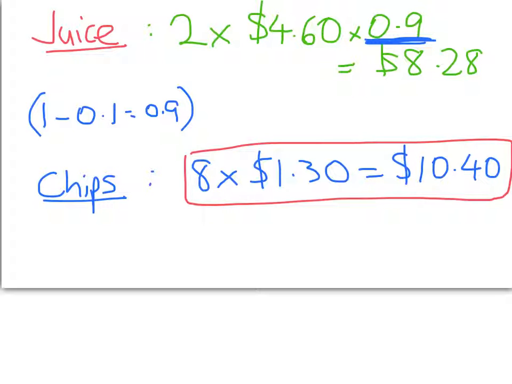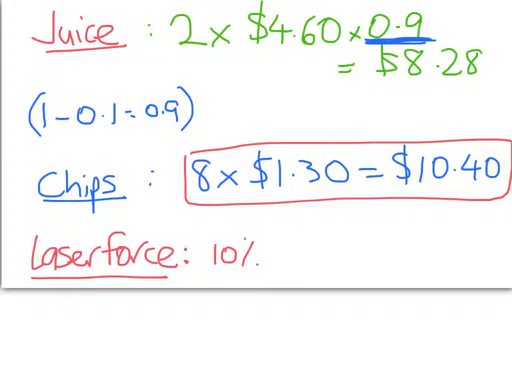Okay. Last thing I will do, I'll do it here, Laser Force. Right, so I write down Laser Force, underline and colon. Go back to the document that you're working with and read the sentence about Laser Force. Jessica wants to have the party at Laser Force and the cost is $6 per child, with a 10% discount if the group is 5 or more people. So we're going to write down 10% discount since we have 8 people